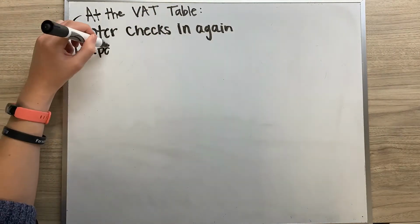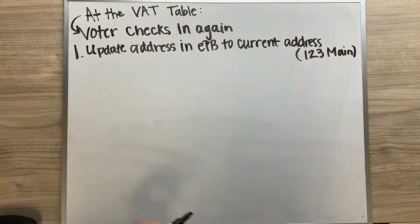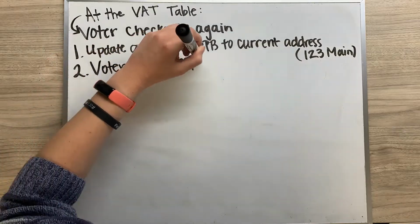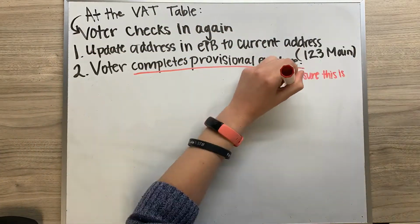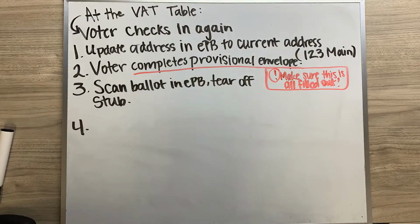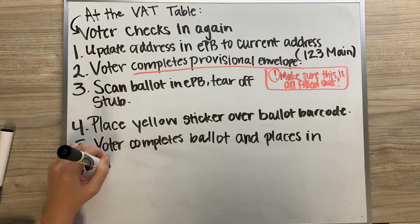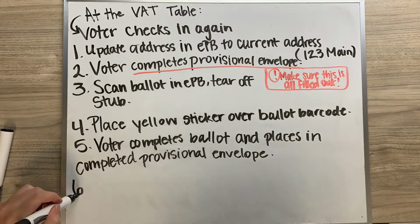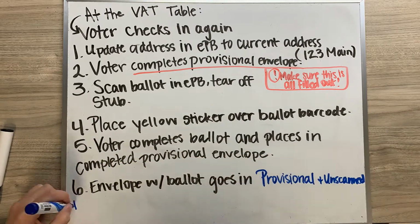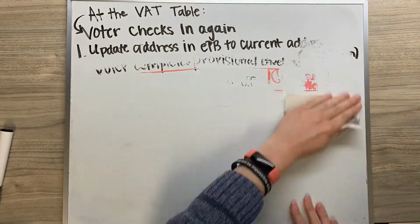Then, the poll worker at the VAT table will update the address information in the EPB to the voter's current address, 123 Main Street, not 567 Walnut. The address is updated in the EPB, the voter completely fills out a provisional envelope, the ballot is scanned with the stub torn off, and a yellow sticker is placed over one of the ballot's barcodes. The voter completes voting their ballot, then seals it inside the provisional envelope, and places the envelope in the provisional